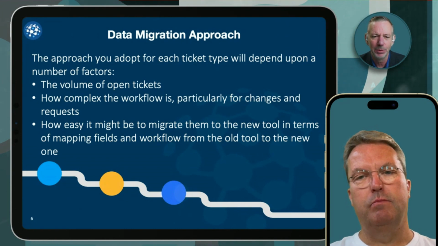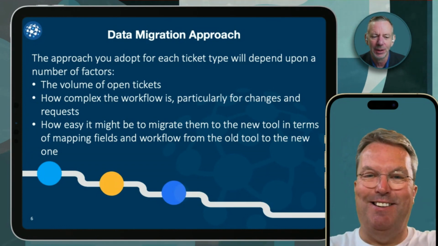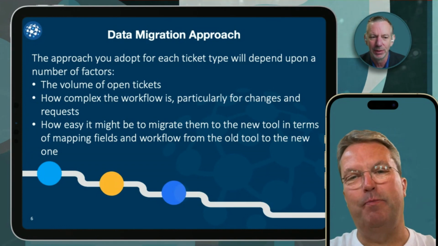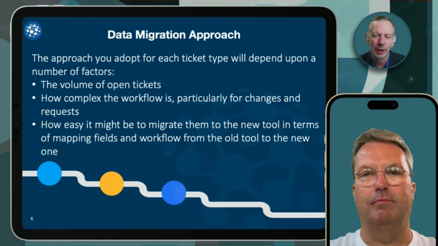There are missing fields, there are missing statements, the quality isn't very good, and that's probably why you're changing tools in the first place. So the value of those tickets is very, very limited. So the effort to get them into a new system, it's very easy to just pull over basic information. But when you then start to look at things like the timestamps and the historical linking of who's done